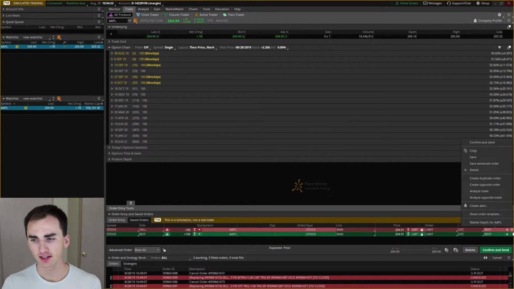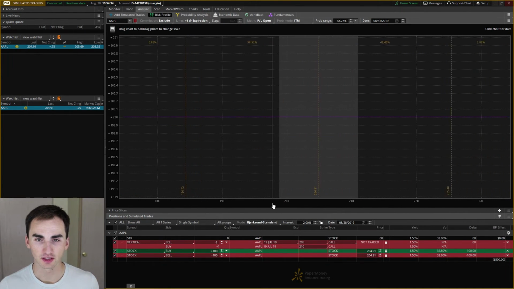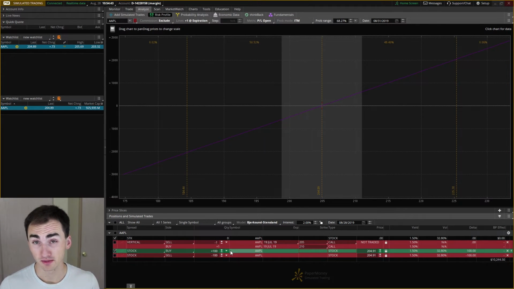Now, the analyze button is a little funny when you're just looking at stocks, because if you just analyze a trade like this, it is just going to tell you that, because we're buying 100 shares and selling 100 shares, it's not going to tell you much. But for a trade where maybe you buy 75 shares of one stock and 50 shares of another stock and then sell 30 shares of another stock, this could be kind of useful for maybe